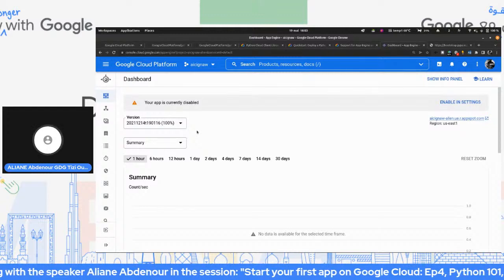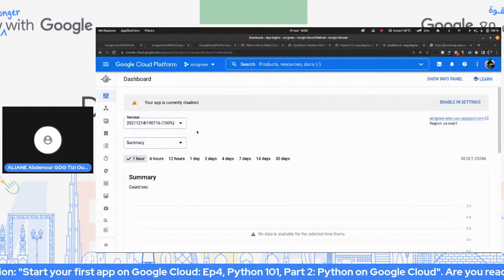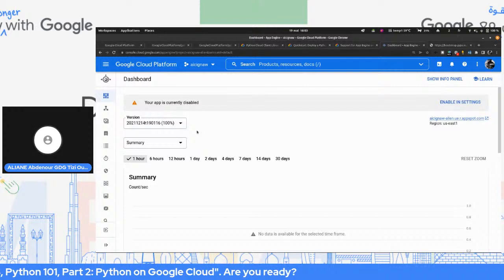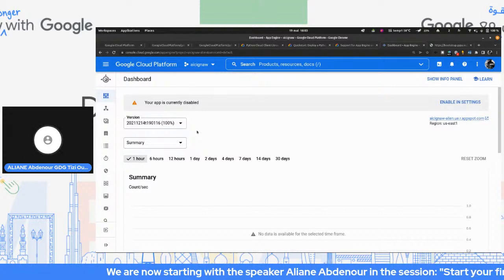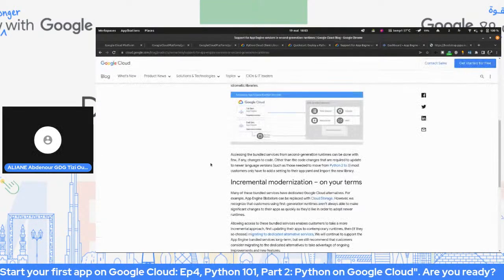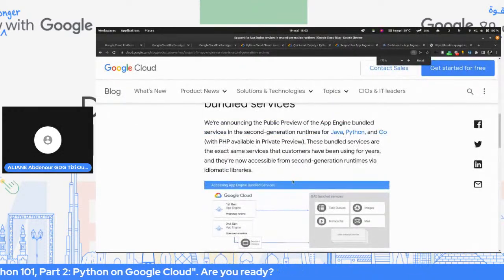And then people wanted something more flexible, so Google created what is called App Engine Flexible. App Engine Flexible uses containers. We will see that in the next session, bi'idhnillah. And then people wanted something like what they had in first generation, without containers, but much more flexible. So Google then created App Engine second generation. So in first generation,